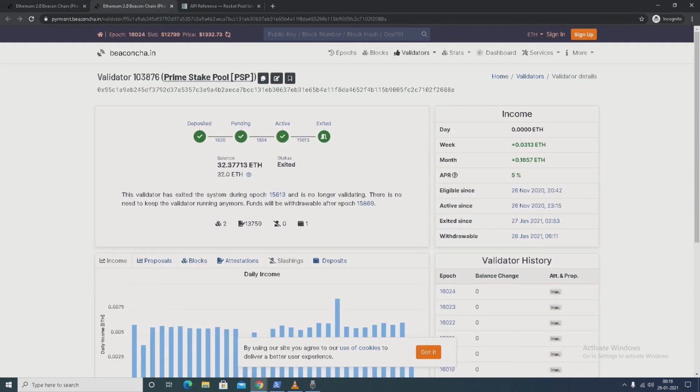It has already exited, since the epoch number right now is 16,024. That's the current epoch number, and the validator withdrawable epoch is 15,869. So now let's check this on the server.